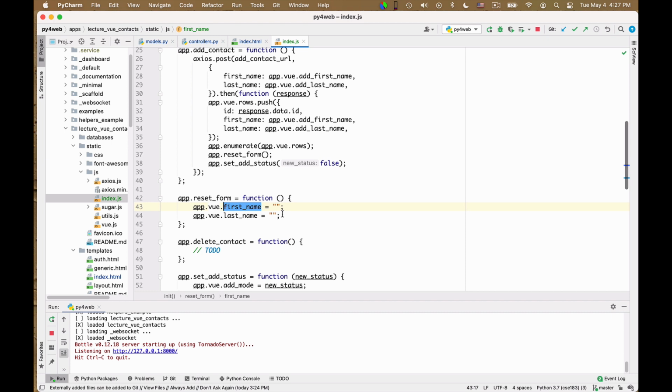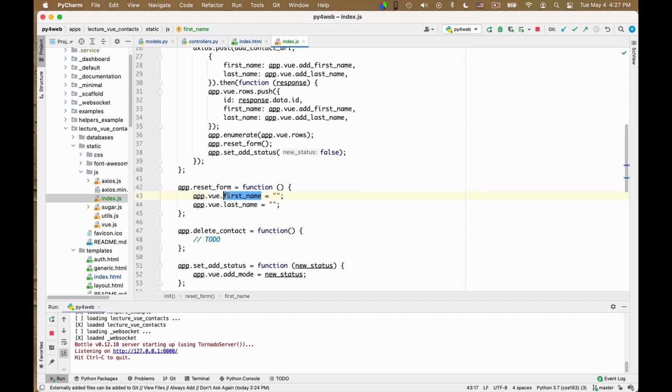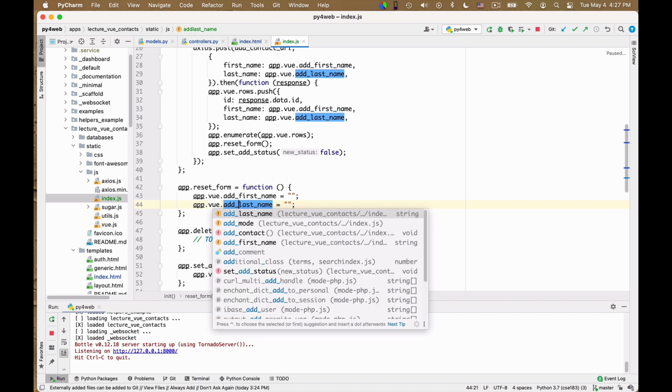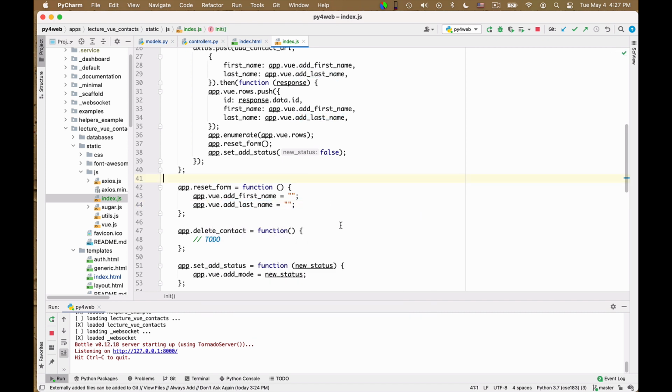Oh, I see. It's because I was simply distracted. I wrote here first name and I should have written add first name. It's simply an error. I was using the wrong names. So with this change I think it should work.